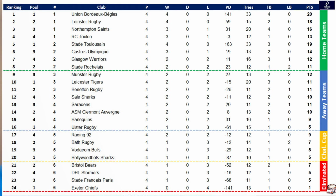Then the next group, 17 to 20, these are the teams that are actually going to drop down to the Champions or Challenge Cup. So Racing 92 on 9 points, Bath Rugby on 7, Vodacom Bulls on 5, and Hollywoodbets Sharks on 5. And then finally, 21 to 24, these are the teams that are now eliminated from European competition. And some coaches might say now they're going to focus on the domestic league, as coaches say when their team gets eliminated. But you've got Bristol Bears on 7, DHL Stormers on 5, Stade Francais on 5, and Exeter Chiefs on 1. So Exeter Chiefs, bottom of the pile overall,